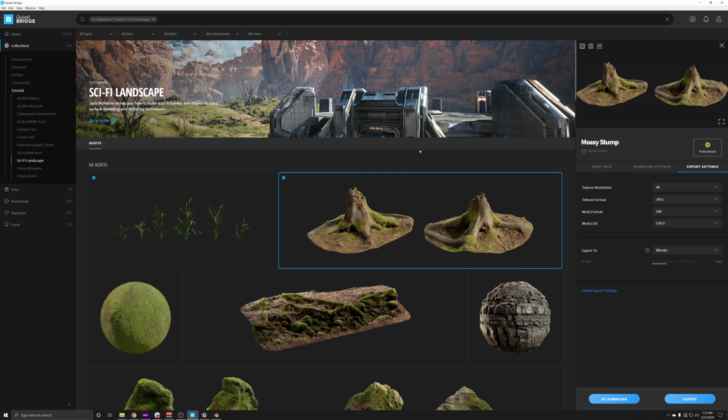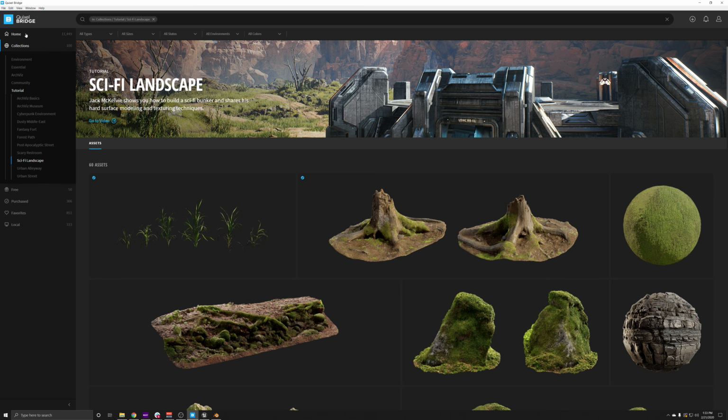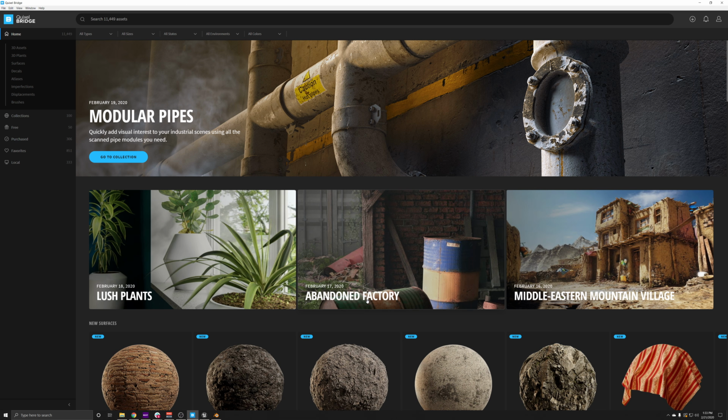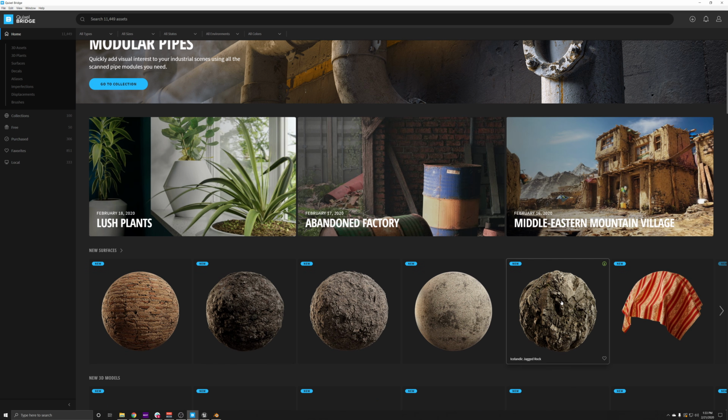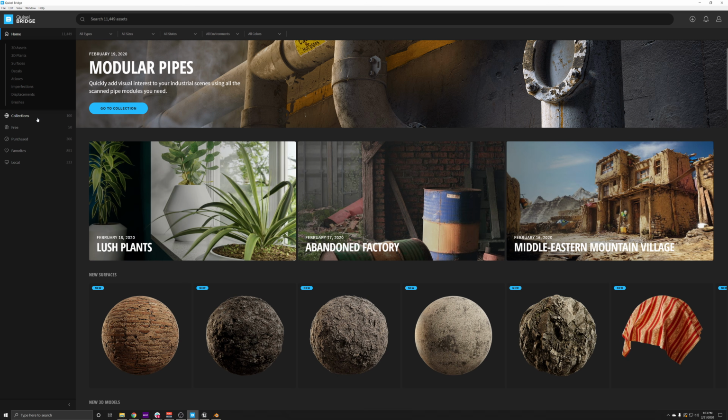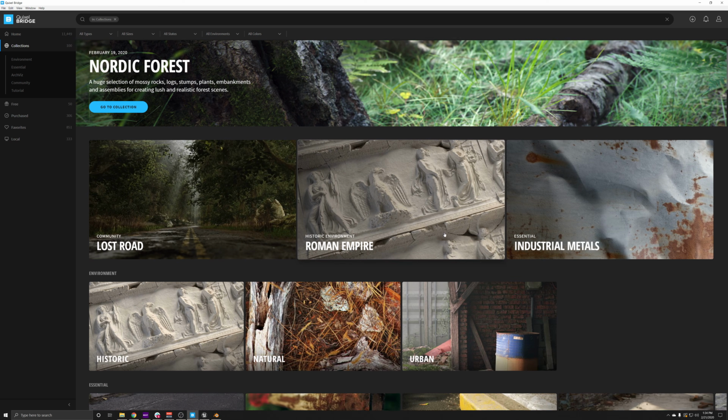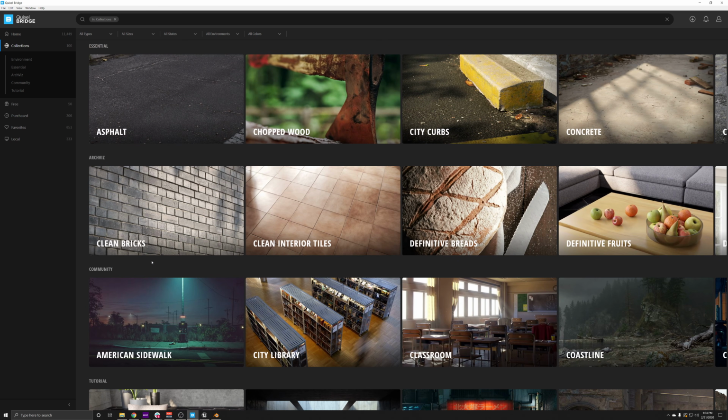And so when you combine all 3 of these together, it's the dynamic trio of free tools, and it's all pretty amazing that you can use all 3 of these tools for all your assets and all your projects, to do any project that you want. There's a lot of great work out there, especially like I said in the collections tab here. There's a lot of great community work out there.